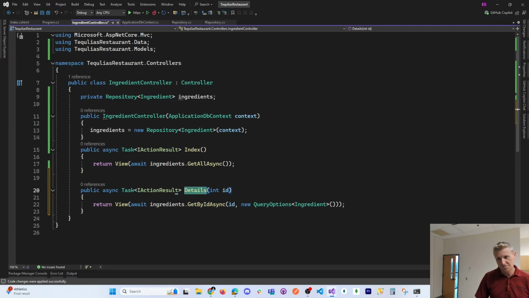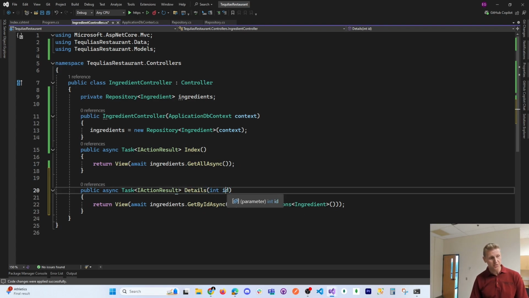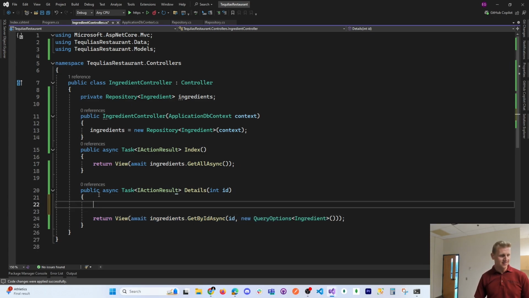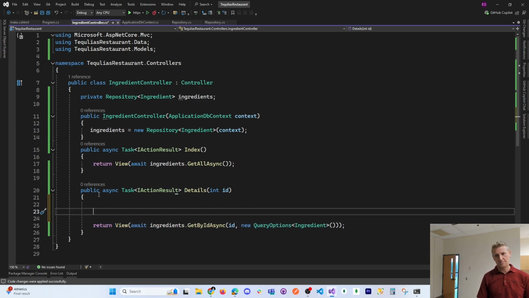We're close, but this is not exactly what I need. So here we're passing the ID into the details method. Number one, I want to make sure that this breakpoint, that this details method is being called correctly. So the first thing I'm going to add to this is if the